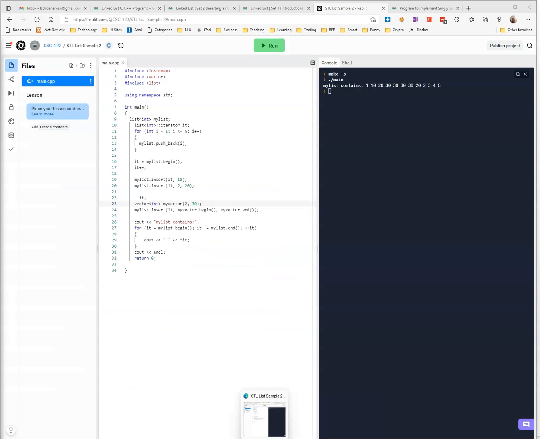Through a simple example of using a list, here we go. First, we're going to declare an STL list of type integer and an iterator that will be bound to an integer list. Then we're going to run through and put in 5 items on the back of the list, grab an iterator pointing to our first item, and move past that first item. We're going to insert 10 after the first item, then 2 copies of 20 after that. We're going to move back 1, insert 2 copies of 30